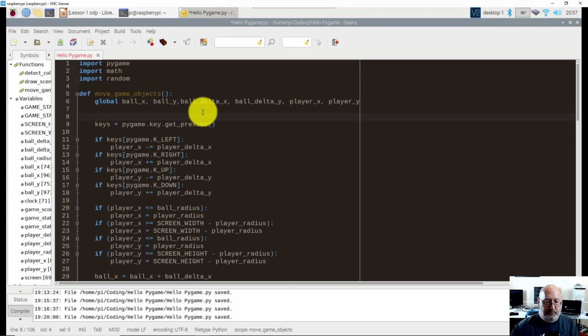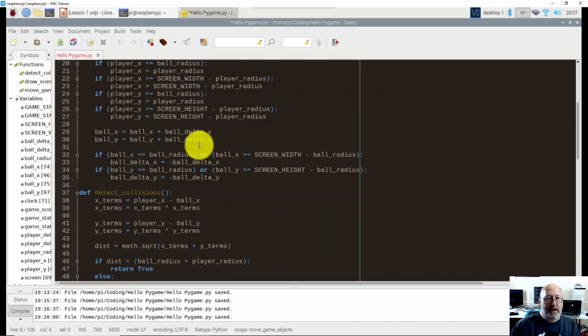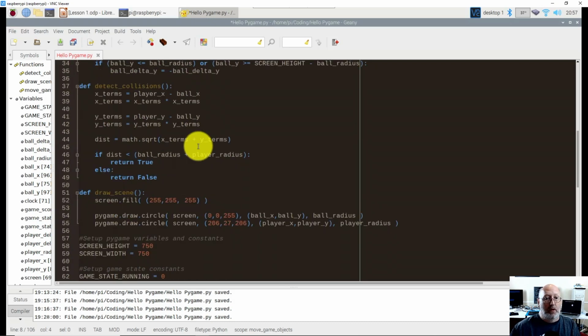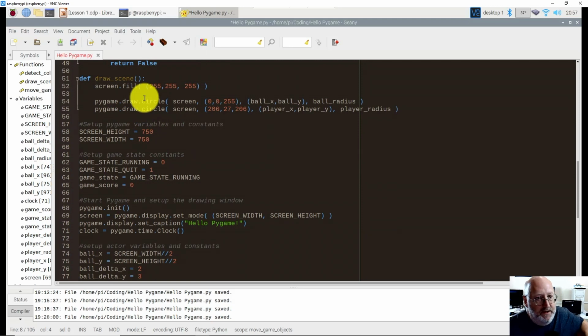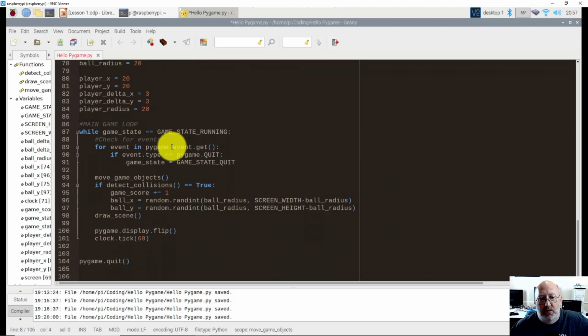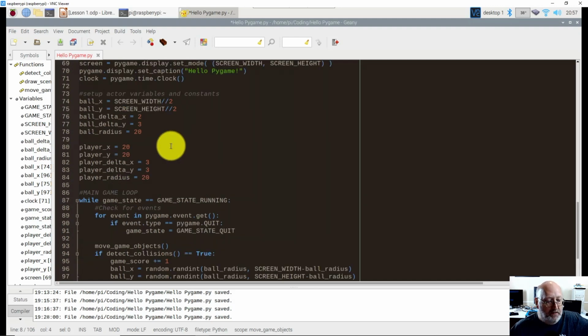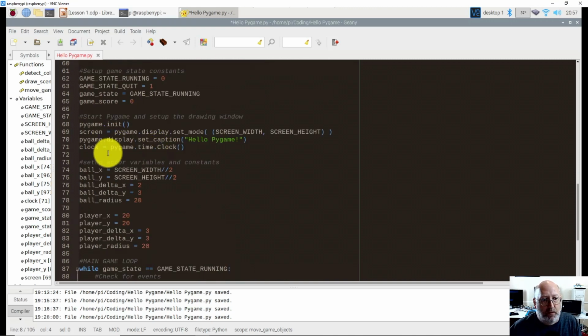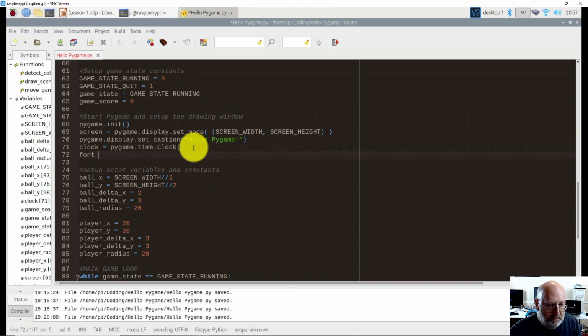Okay. So what we want to do is display the user's score. And we're going to do that in the draw scene function because it's part of drawing the scene. In order to do that, we have to make what's called a font object in Pygame. So let's come over here where we do all the Pygame setup. Let's call our font. I could have called it anything I wanted to. It's just a variable, technically. All right, so font equals